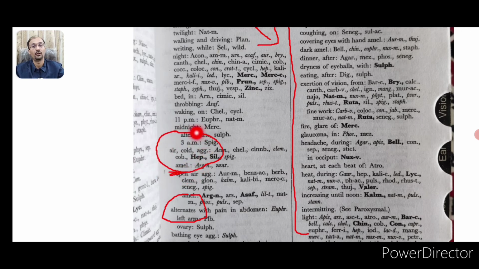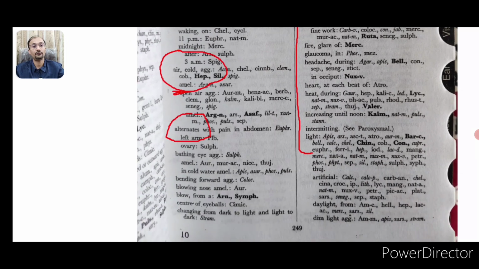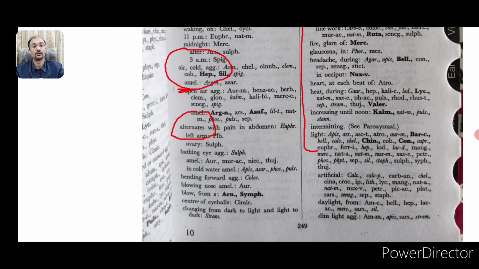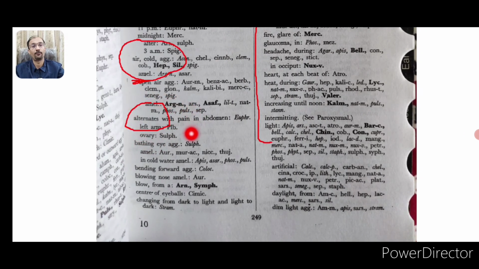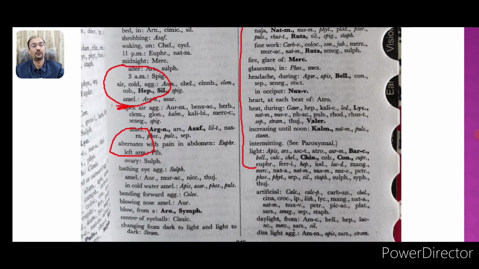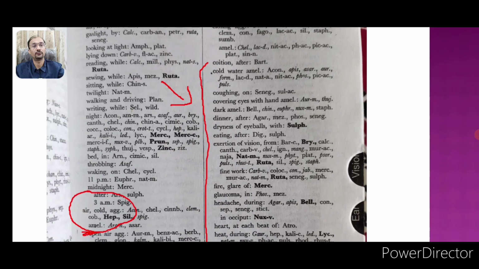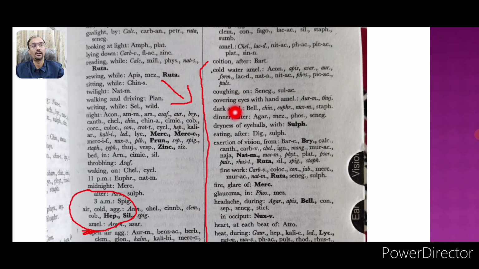Okay, now here night, midnight. Okay, again this is alternate with pain in abdomen with left arm, this, and then we have all the list of modality in alphabetical